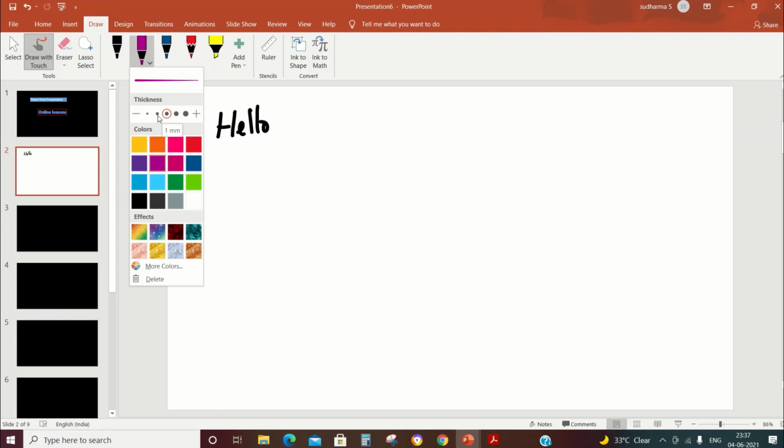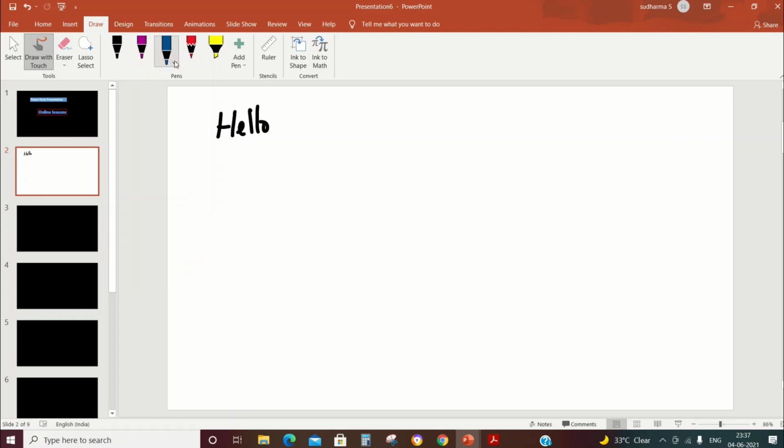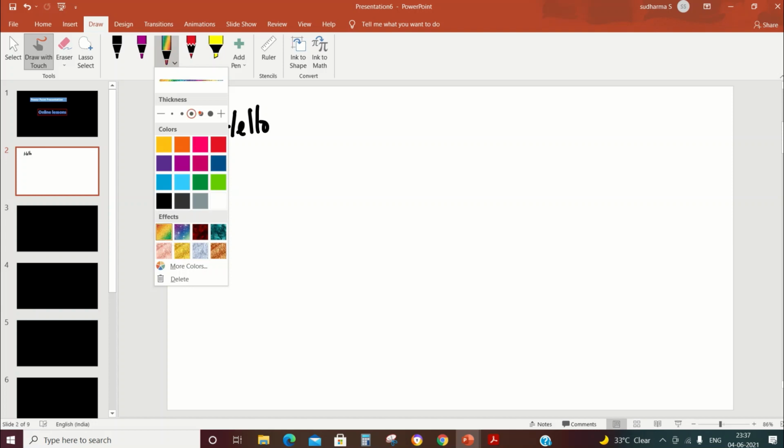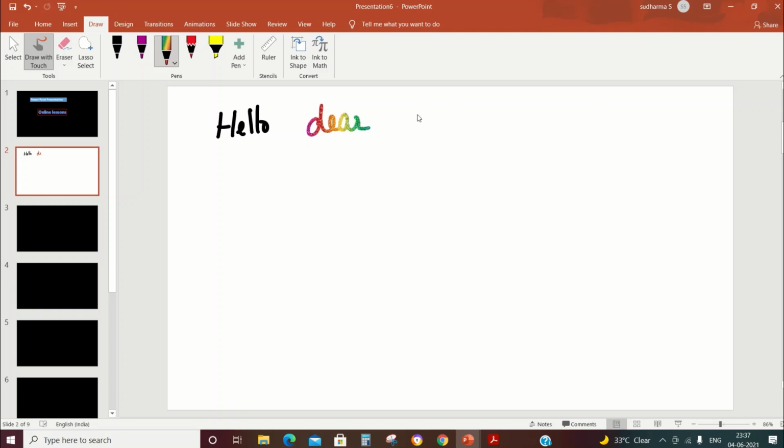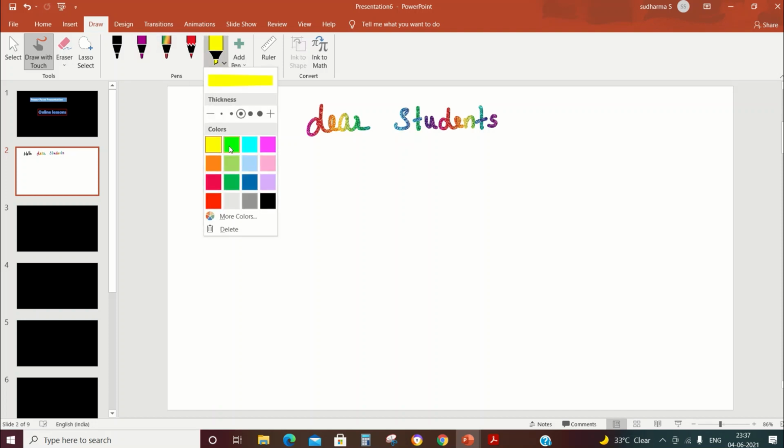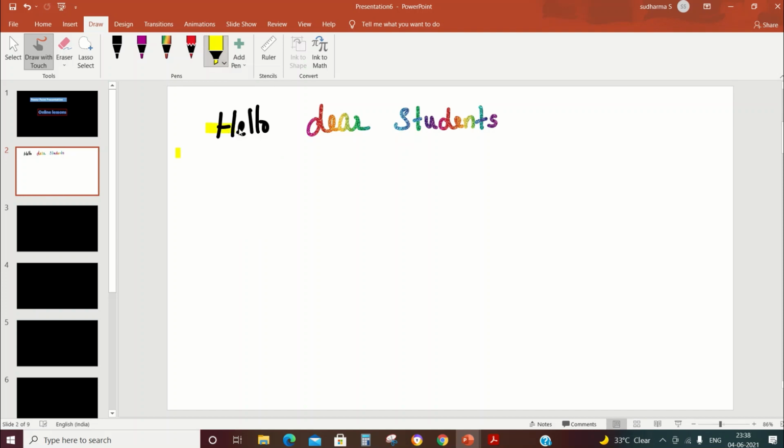So during my online classes, what I do is I keep all these pens ready. The pens with different colors and different thickness, where I can quickly choose each of them and start writing without delaying the class. So let me choose a very colorful pen here. So this looks much more attractive, right? Especially when we have to highlight something. So a lot of options are there, and you even have the highlighter option also. You can choose the highlighter color, you can just highlight your content.